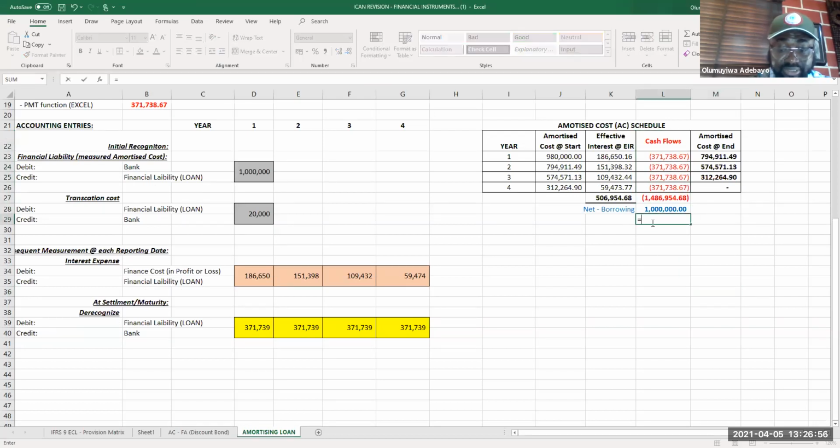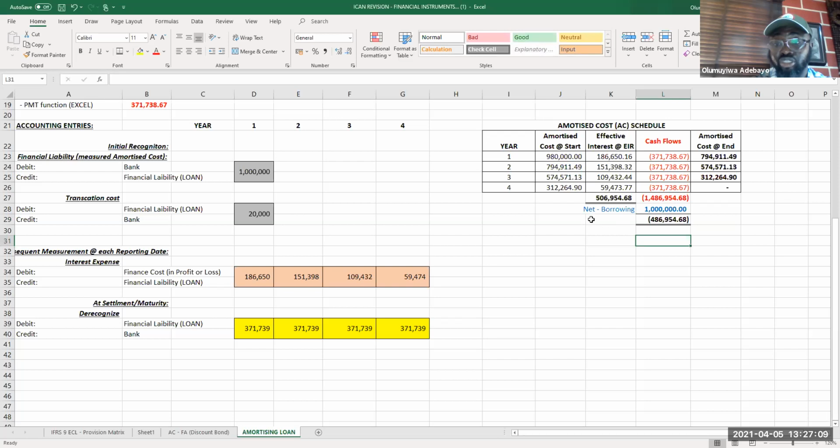How much is the net amount so far? The net amount so far should be interest we paid. What is our interest? The interest you paid over 4 years is 496,954.68. The question then is, what is the difference